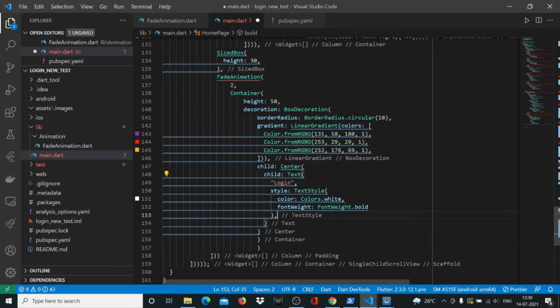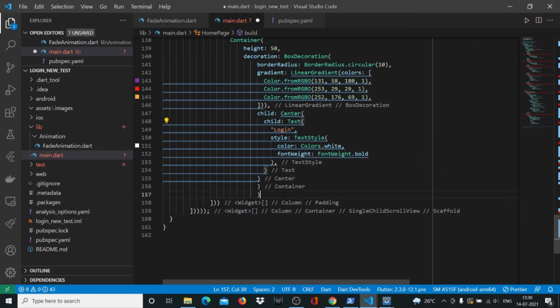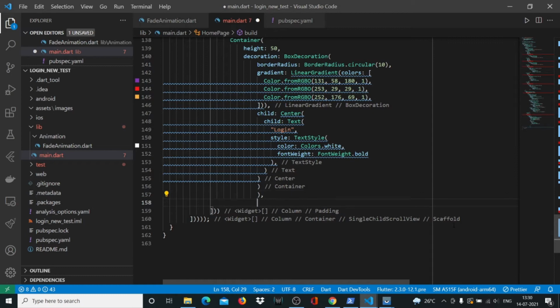So that's that with this text style. And after our fade animation bracket, which I think is this, as we have center container, yeah, this should be the fade animation bracket. After this we'll put a comma, and we'll put another sized box,